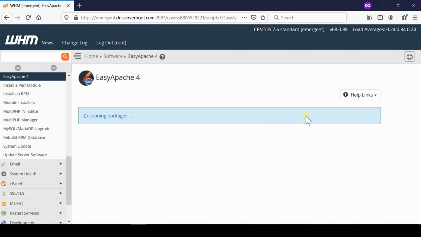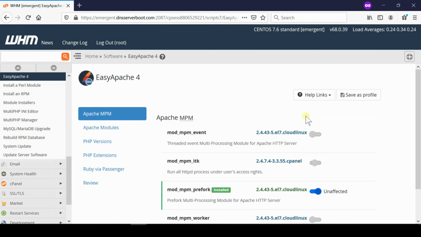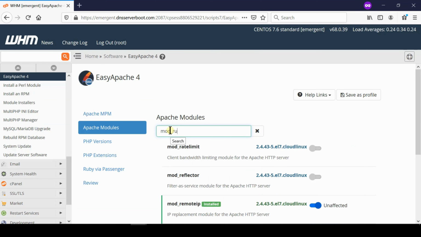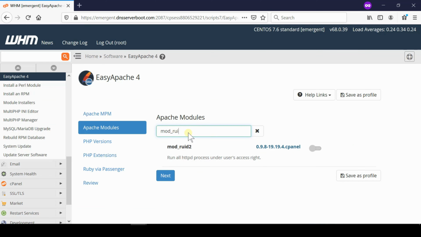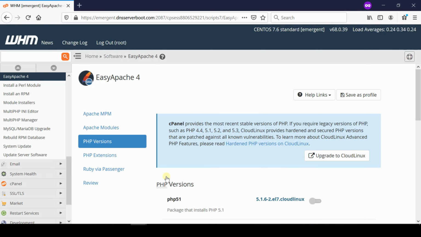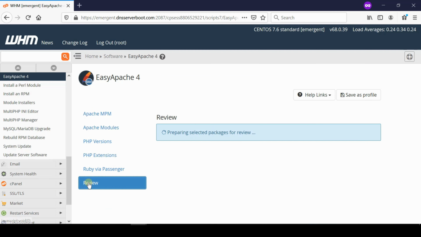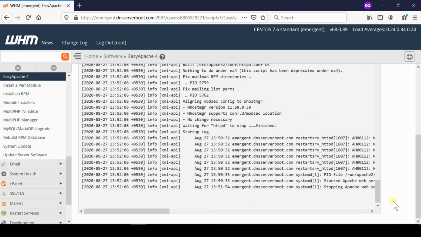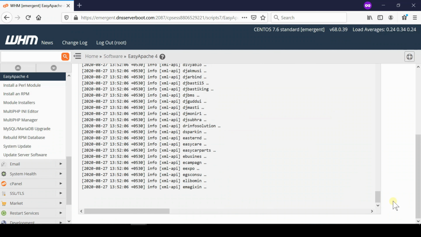Make sure that if this module was already uninstalled from before, then you need to reinstall the mod_suphp module, SuPHP. Now coming back to our process, let us install this. So repeat the same process and then click over Provision. In this way, this mod_ruid2 module will be reinstalled successfully. Once this is done, your Apache will work smoothly and flawlessly.